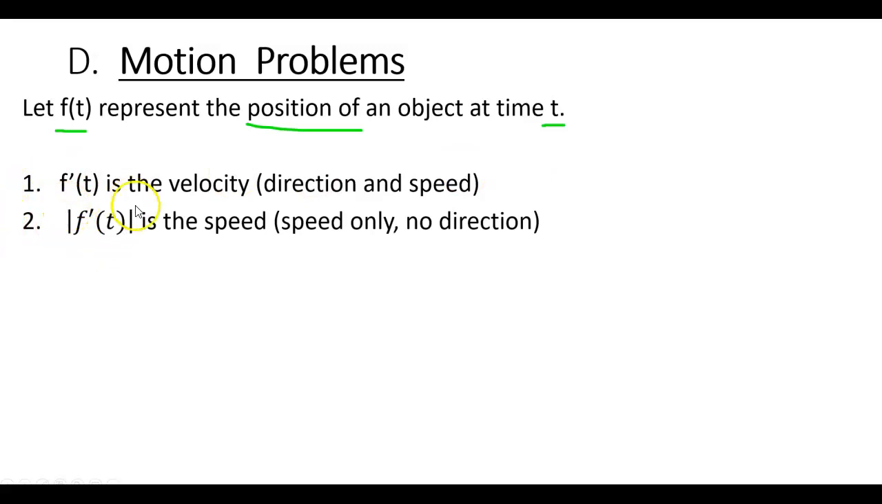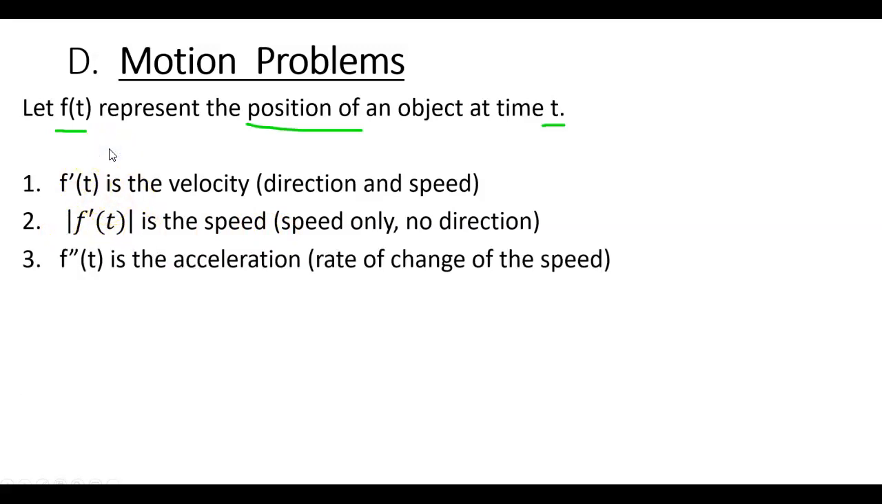Now, if you just take the absolute value of it, that gets rid of the plus and the minus, and then you're just looking at speed only. So the absolute value of F prime is speed. The second derivative tells you the acceleration. It tells you how fast the velocity is changing. I should have put velocity here instead of speed, but